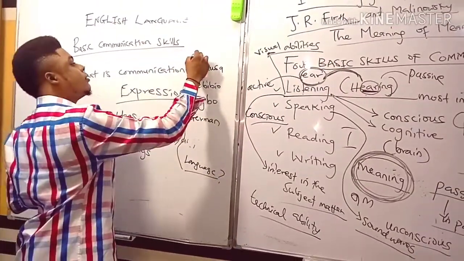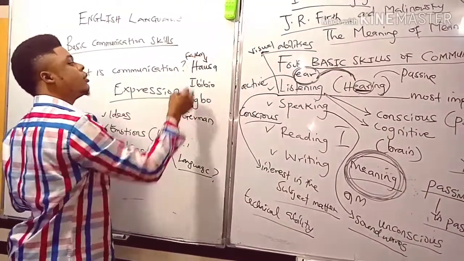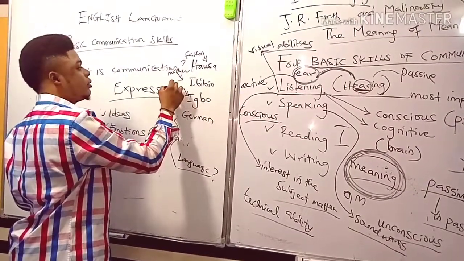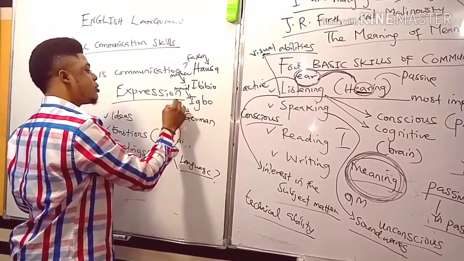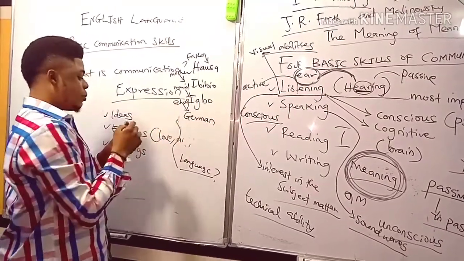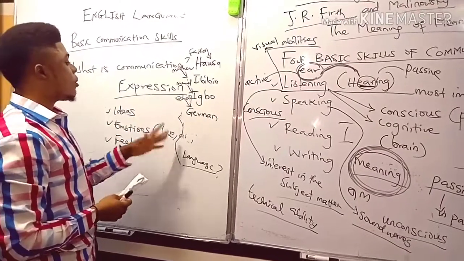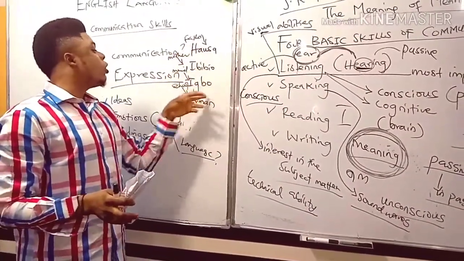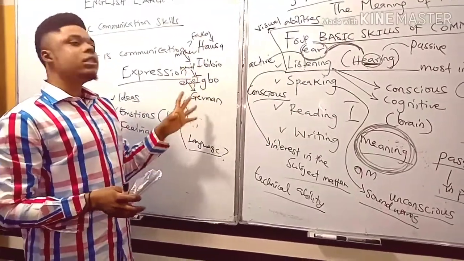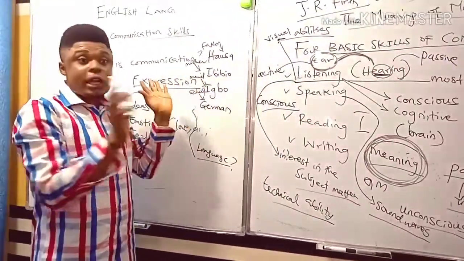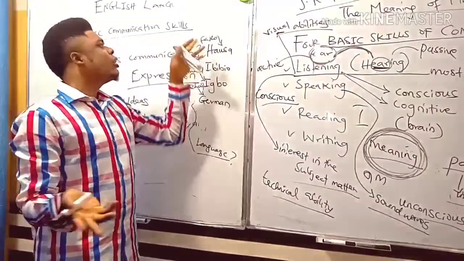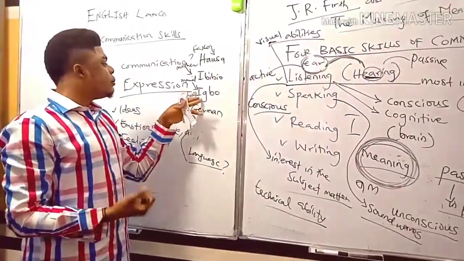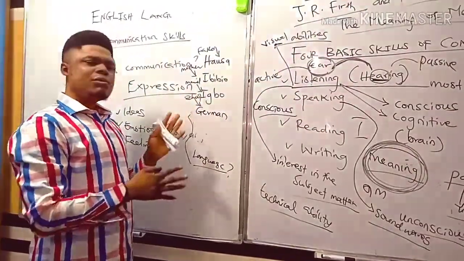Father, Hausa speaking. Mother, Ibibio speaking. Maid, Igbo speaking. And school, German speaking. What language do you think the child is going to acquire? That is the point, because the child is listening to basically all of these languages. So mostly the child might acquire no language. The child might speak no language because the child will be obviously confused. The father speaks in Hausa, the mother speaks in Ibibio, the maid speaks in Igbo, and the child spends most time at school.